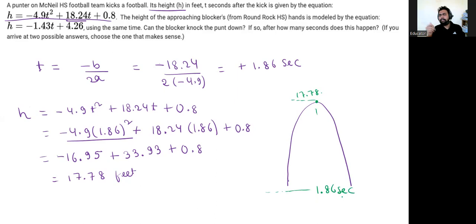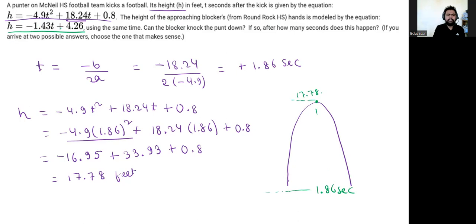Now let us come to the second part of the question. Now the height has approached, right? Now there is another equation. And this equation is denoting that there is a blocker who is trying to block the ball. So the question it is asking is, will the blocker be able to block the ball? So we need to find the value of t, what value of t I'm getting, right? I need to check that. And where he can block the ball, at what height he can block the ball, I need to check that,